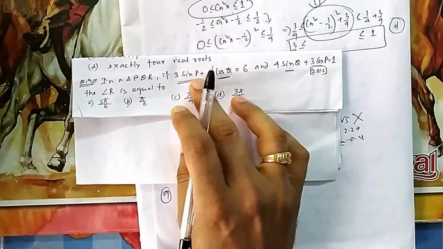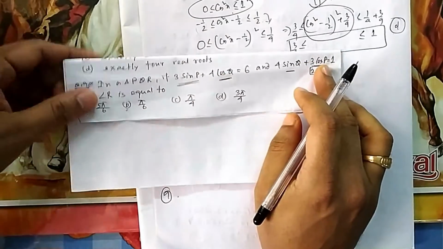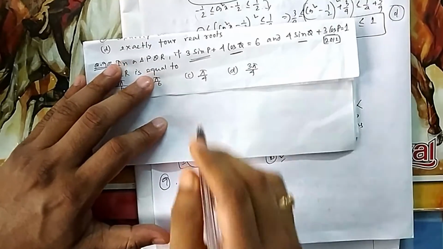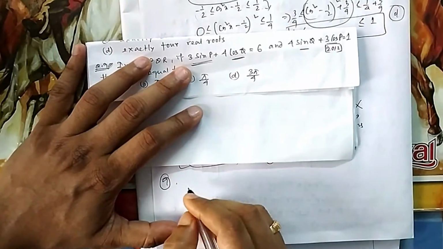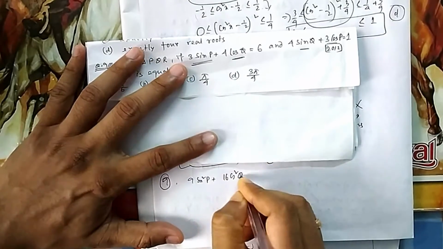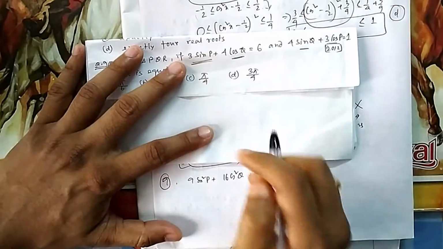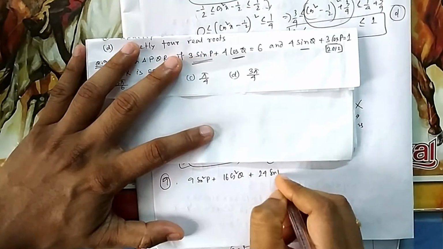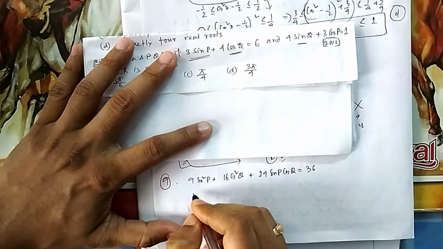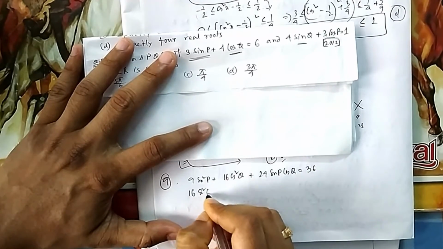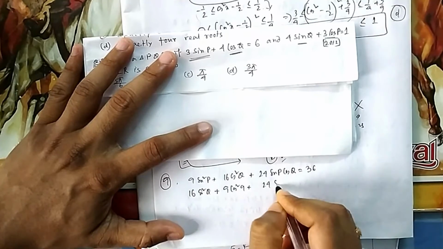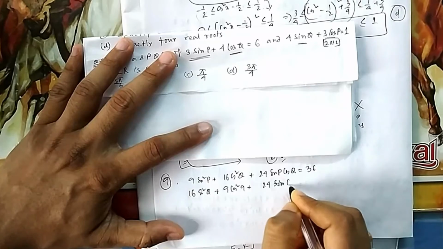Then what will you be left with? P plus Q. So put P plus Q, you will have the sine formula, sin A cos B plus cos A sin B. So let us square these two and then add. It will be 9 sin square P plus 16 cos square Q plus 4 threes are 12, 12 into 2, 24 sin P cos Q. This one you will find 36. And then this will be equal to 16 sin square Q, then 9 cos square P, then again 24, it will be cos P sin Q. Let me write it: cos P sin Q.